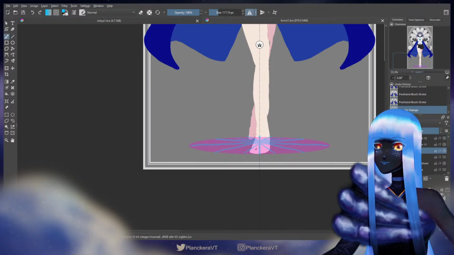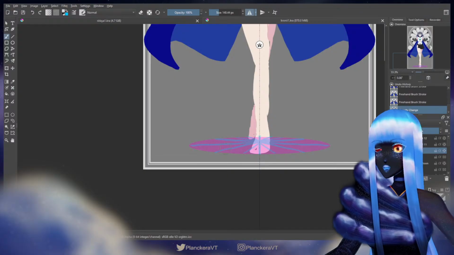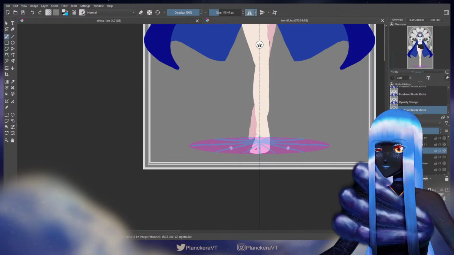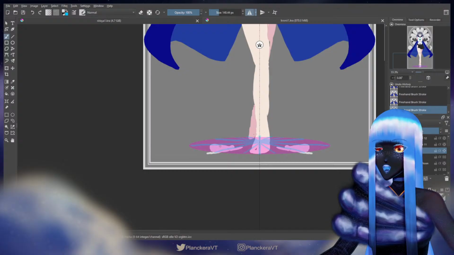Okay. So now I can follow those roughly drawn lines to know which direction they should be facing. So I don't know, something like this, I guess.